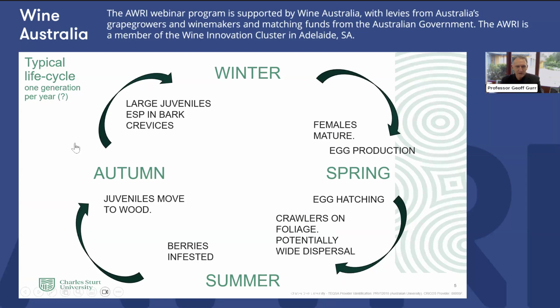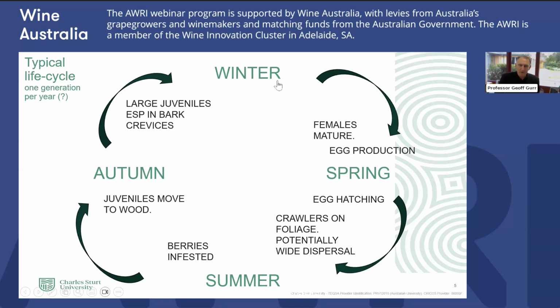Now, I've summarised on this very simple slide here, well, relatively simple, what is quite a complex picture in terms of the life cycle of scale insects. It's generally assumed in Australia in vineyards that our scale has one generation a year, but there is some uncertainty attached to this because when you make field observations, you can often see multiple life stages present at any one time. And so either we've got more than one generation, or we've got asynchrony in terms of the stage of development. But the broad assumption is that